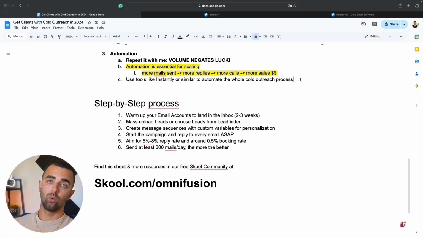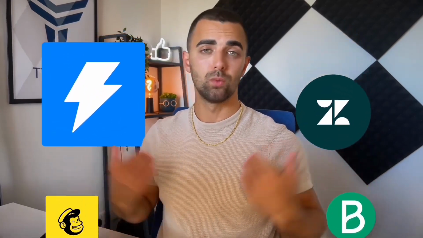And now as we know what to be aware of when doing cold emails, now we need a tool to automate the whole process. And there is one tool which has all of the things included which we need, and this is Instantly.ai. There are many tools out there, but we specifically at OmniFusion.ai use Instantly for more than 6 months and we are very happy with it. It's very easy to use, simple, reliable, and has all the features you ever need for cold emailing as well as the leads. But everything I'm talking about in this video works with any other tool as well. We just use Instantly AI and that's why we're talking about it.